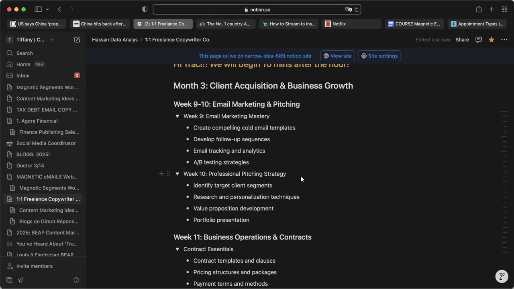But as a copywriter, I want you to get in the mindset of being able to write a lot of copy that's high quality in a short amount of time. That's going to give you an unfair advantage as a copywriter, okay? But in order to find those clients, you're going to have to first master email marketing from the cold pitching standpoint. Now, when I say cold pitching, this is similar to if you hear people talk about cold calling,